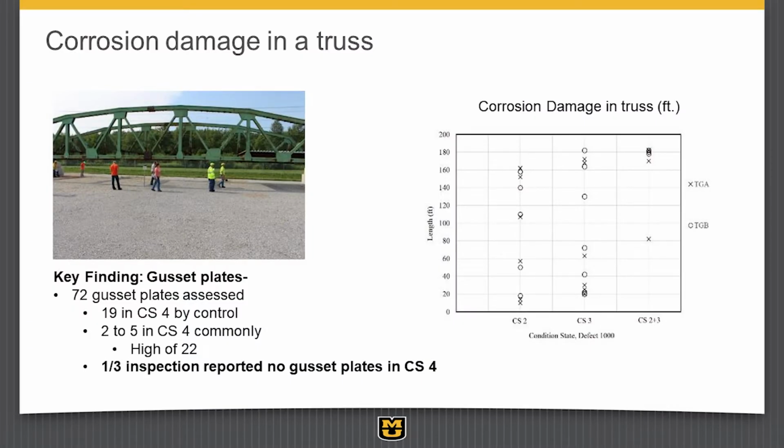I mean, one inspector sort of out on his own here, but in total damage, the spread in whether it was condition state 2 or condition state 3 is huge, right? And so that shows that there's not a consistent understanding of what is condition state 2 and what should be rated as condition state 3.